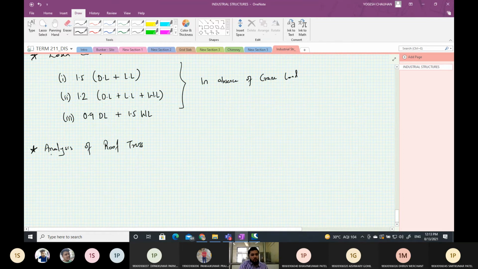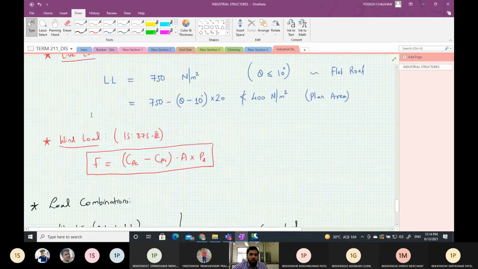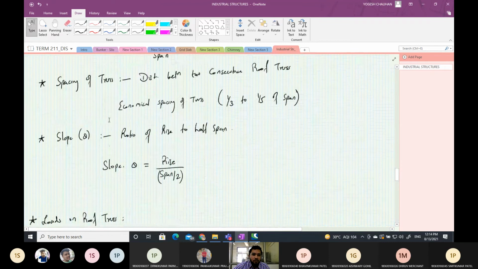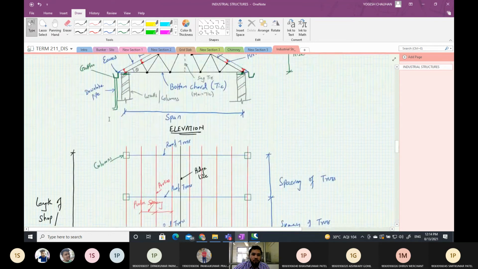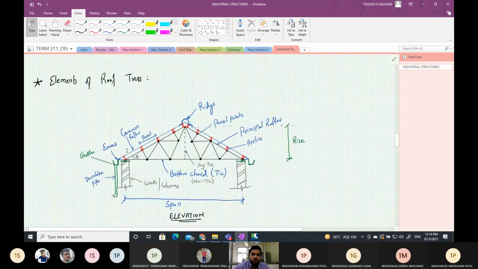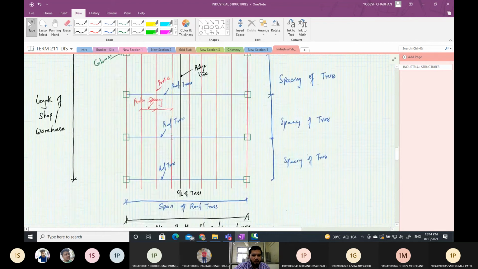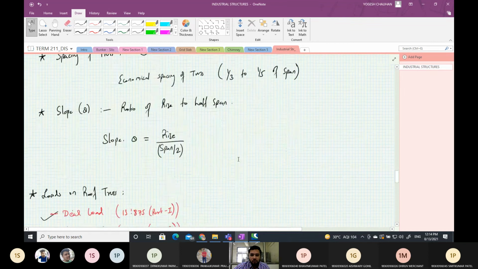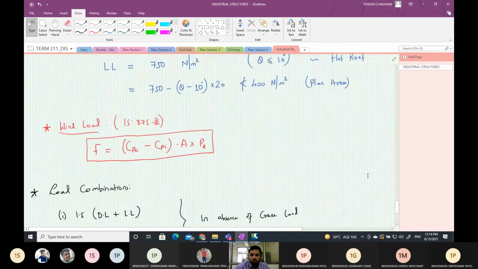Now, once you have found all the loads, you have to find the panel loads, because the loads on the roof truss will be acting at the panel points only. That is the basic assumption of the truss. And then with these loads, we analyze the roof truss.